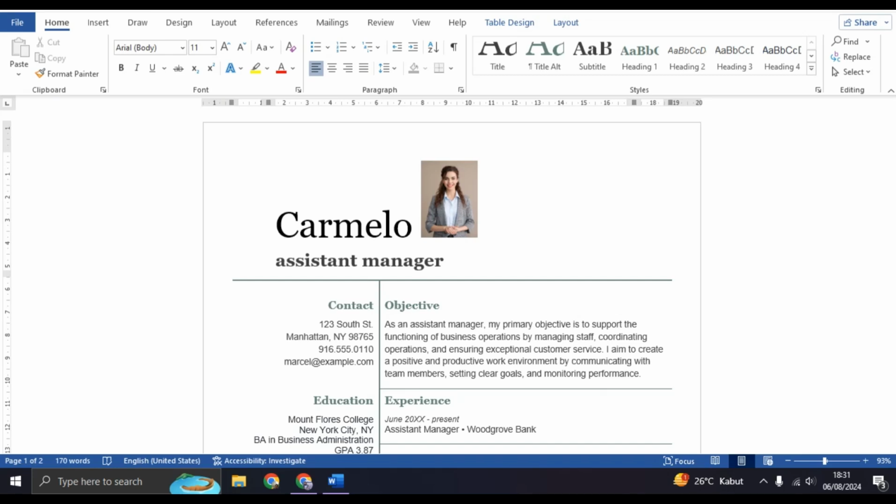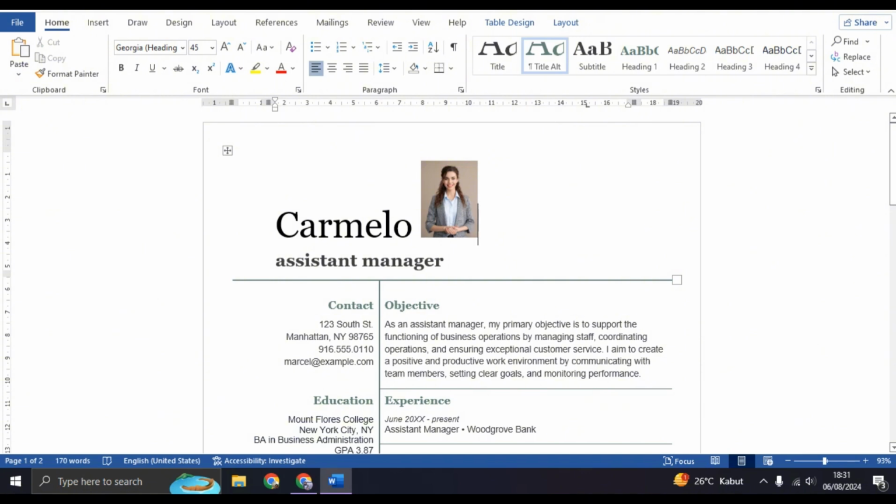On today's tutorial, I'm going to show you how you can adjust the picture you added on the resume. So in here, I've already opened Microsoft Word and I created this resume using the Word template. And let's say I want to add this picture, but you can see that this is not the right position